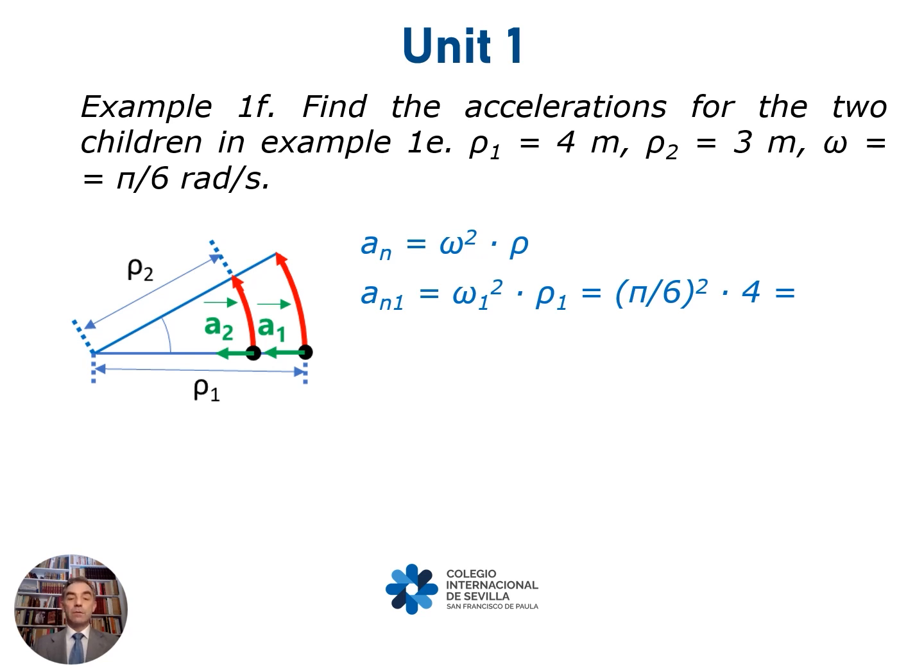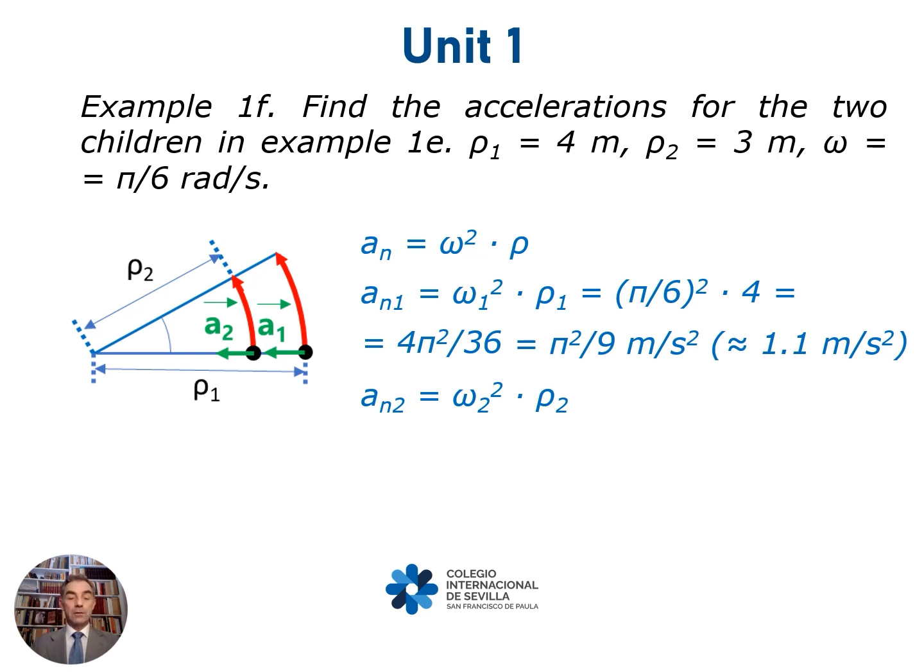If we solve the brackets, it is 4 times pi squared divided by 36, 6 squared. And that is pi squared divided by 9 meters per second squared. Pi squared is roughly 10. 10 divided by 9 is 1.1, 1.1 meters per second squared for the first child. For the second child,